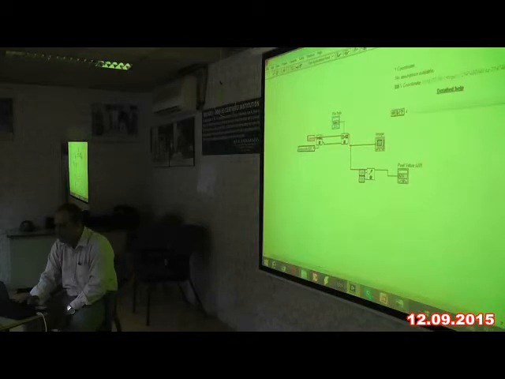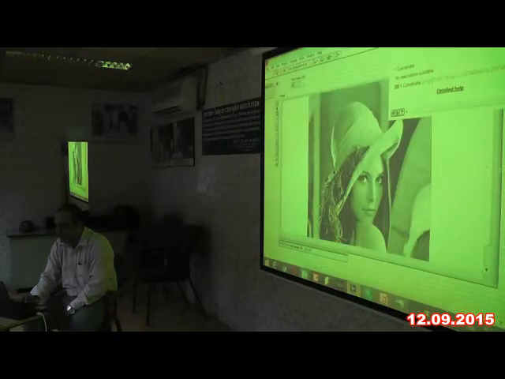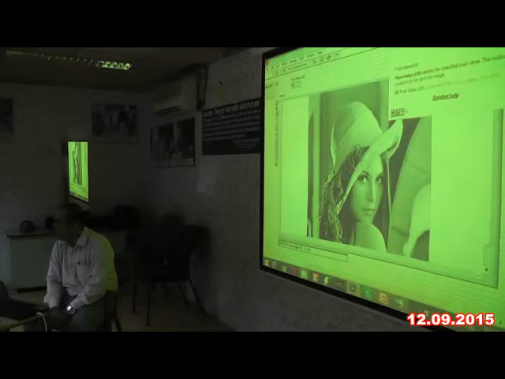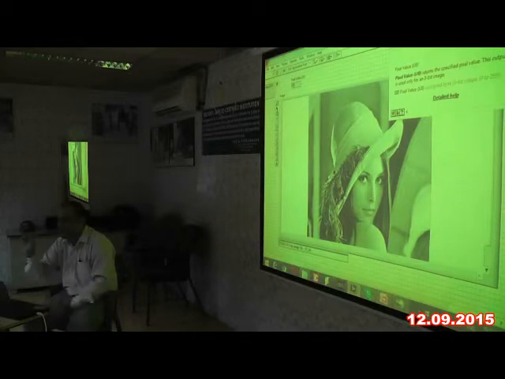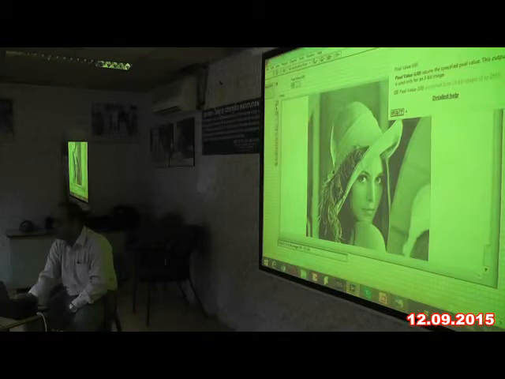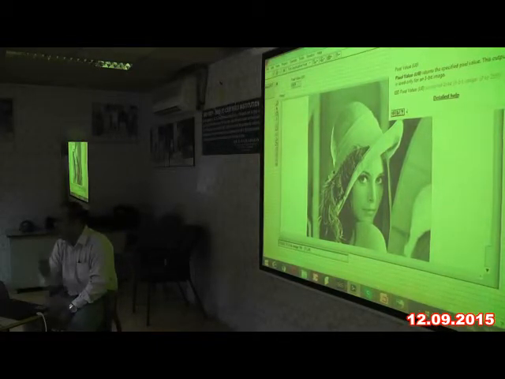I will see that in my front panel window. When I execute it, that pixel has a value of 108. The maximum value, pure white, is 255, and pure dark is 0. Depending upon the image we are trying to process, the pixel values will change. So this is how we can check the pixel value and do some manipulation on those pixel values.